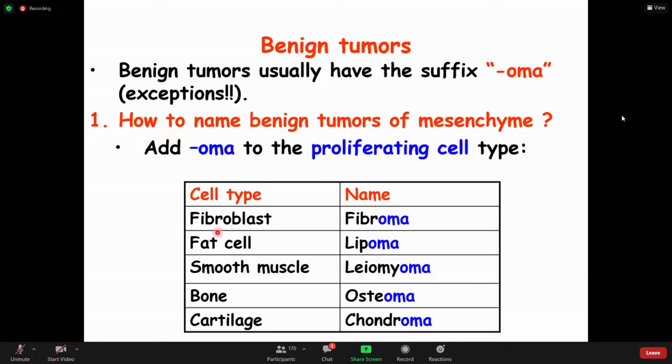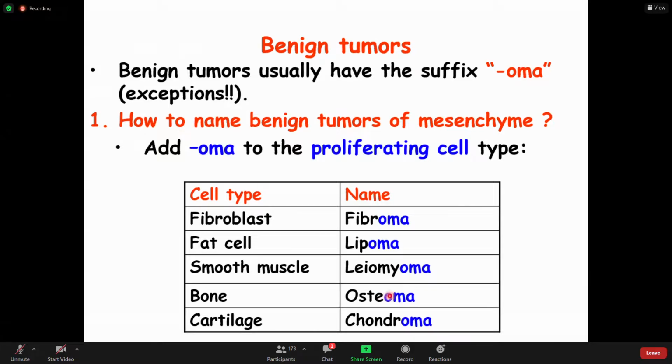All right, so fat cells. If there is a benign proliferation of fat cells that is giving rise to a benign mass arising from a fat cell, that's what you call a lipoma. Smooth muscle, you're going to be calling it leiomyoma. If it's a bone, you're going to go to the Latin word for bone, osteoma. For a cartilage, again, you would go back to the Latin word of the cartilage, chondroma. So anything that you add a suffix after it will give rise to a tumor, a benign tumor in this